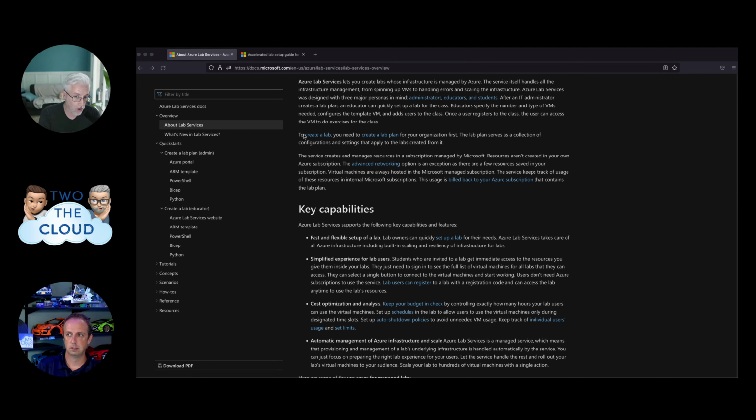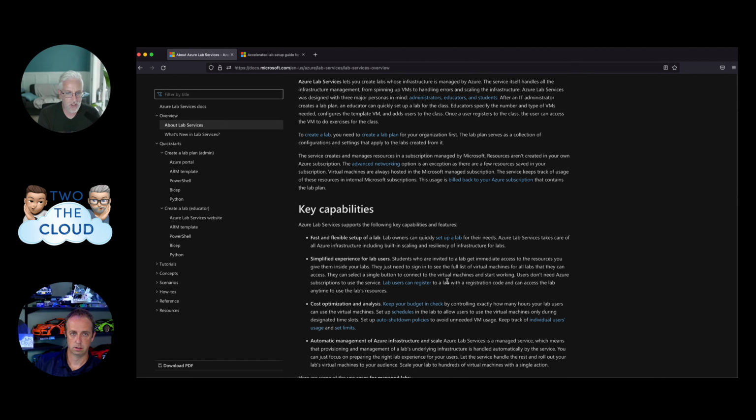Or you can also use the Azure Compute Gallery, which is the customized gallery. So if you have existing images in your environment, you can leverage those, or you can take a template that you create in Lab Services and push that template over to the Compute Gallery so that it could be used other places in Azure. So it's pretty flexible when it comes to the types of images and what you have access to.